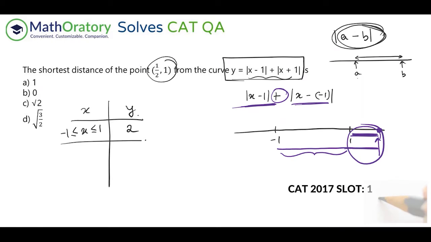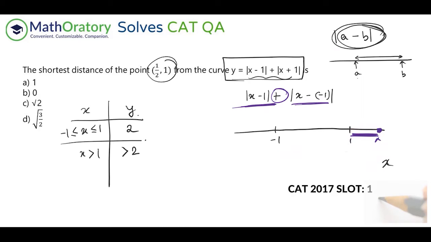Now, from the perspective of the question, I don't care about how much it is increasing by. If you have a fair bit of understanding of those basic ideas of increase and decrease among the lines, what I mean by that is slope, then you will understand it automatically. But what I'll do is I'll just write this as greater than 2 for x greater than 1. So if x is anything greater than 1, so x is on the right side of 1, I hope you can see that the value of y is greater than 2, right? So that is all we need to do.